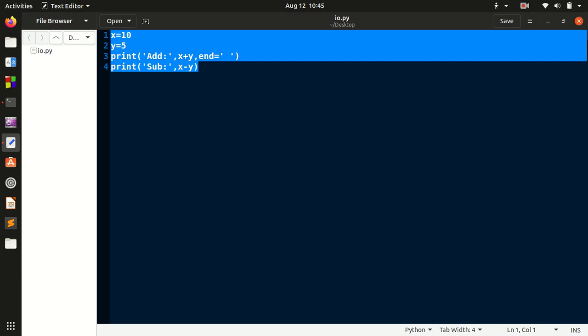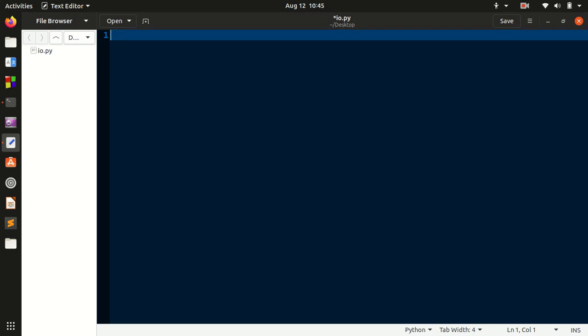Now let's talk about the input function. Consider a calculator app. In the calculator app, you will give your own input, right? You can perform any mathematical operations on your calculator. You can perform 10 plus 5, 10 into 5, 7 into 8. That is nothing but the calculator will take the input from the user and it will generate the output based on your input. So let's see how to create this in Python.